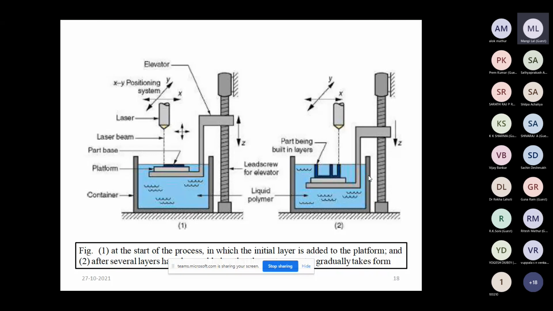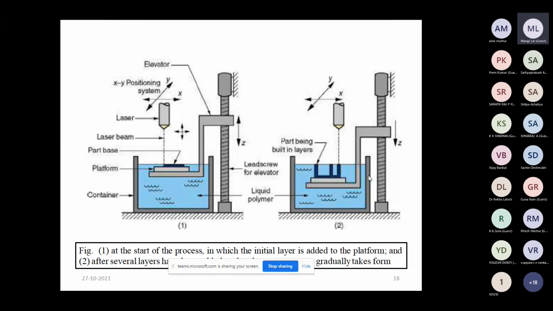In the second figure we can see that the whole product is made layer by layer. The mechanism is that when the laser is applied to this liquid polymer, curing of the polymer takes place. Curing means a solid, hard part is formed from the polymer.